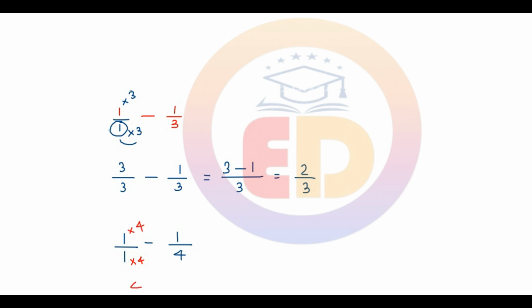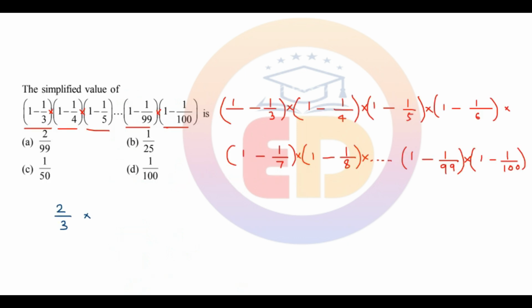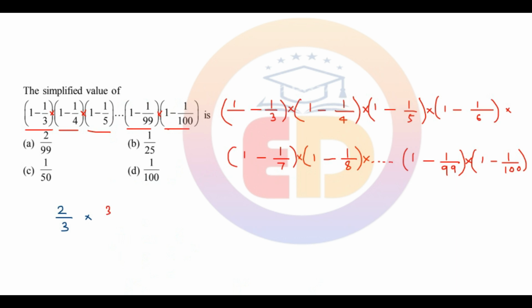ये हो जाएगा 4 अपॉन 4 माइनस 1 अपॉन 4 इक्वल्स टू कॉमन डिनोमिनेटर 4 आ जाएगा और 4 माइनस 1 ये 3 हो जाएगा। सो दिस विल बी 3 अपॉन 4। तो हमारा सेकेंड टर्म हो गया 2 बाई 3 मल्टीप्लाइड बाय 3 अपॉन 4 मल्टीप्लाइड बाय नेक्स्ट 1 माइनस 1 बाय 5।